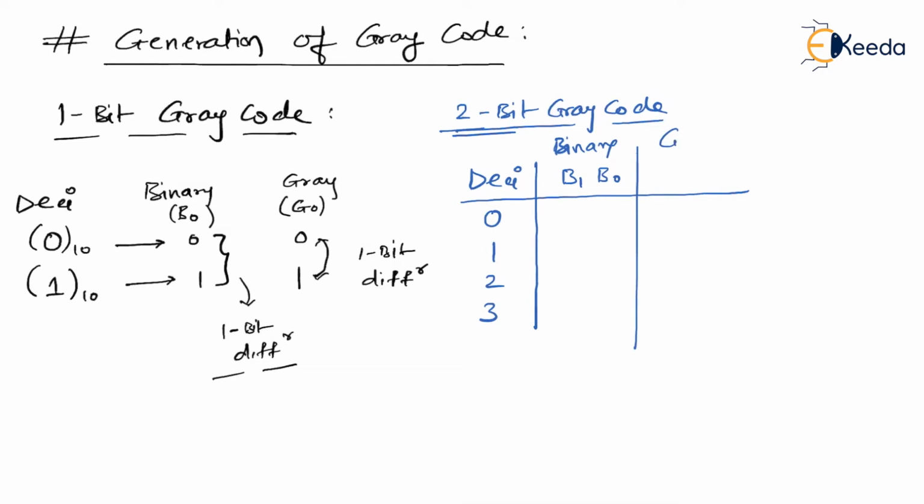And for the comparison point of view, I'll specify gray code, that is G1, G0. Traditionally we represent 0 as 00, 1 as 01, 2 as 10 and 3 as 11, right? Now if you compare here, let's say 01 and 10, you will see 0 is changed to 1 and 1 is changed to 0. Therefore, there are 2-bit differences. With these 2-bit differences, this is definitely not gray code. So what we have represented so far is a binary code.